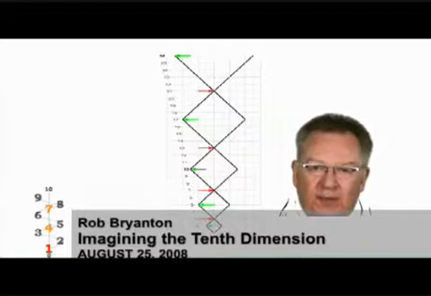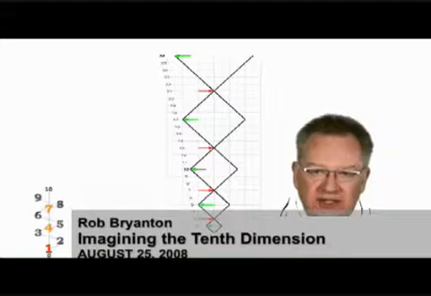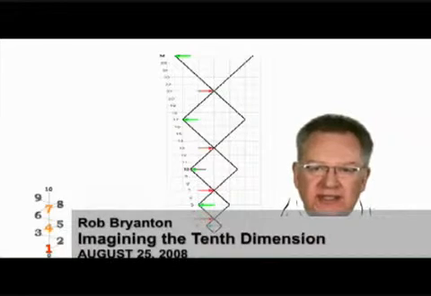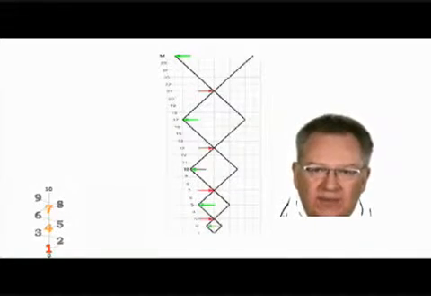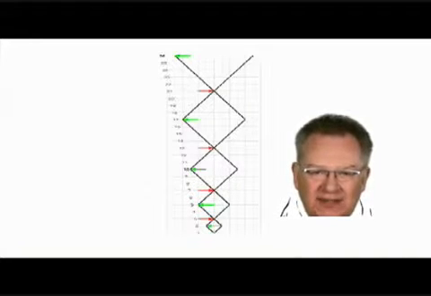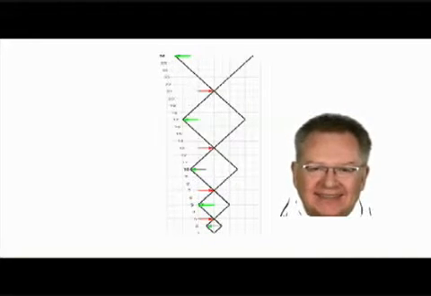As a bit of an homage to the number 26 and its historical relevance to cosmology, 26 is the number of songs I attached to this project. Here then, to conclude this blog entry, is song 14 of 26. This one is about how there might be a part of our consciousness that remembers where we come from, whatever dimension you would like to imagine that to be. The song's called I Remember Flying. My name's Rob Bryanton from the Imagining to the 10th Dimension video blog. Enjoy the journey.